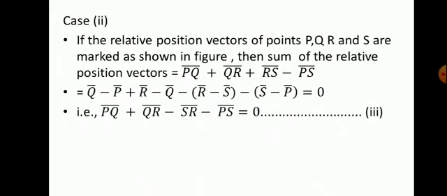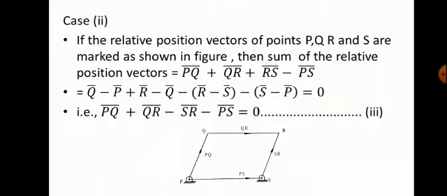Now the same equation I changed here by substituting these values. This can be changed to PQ plus QR minus SR minus PS equal to 0. Now you see the direction: PQ is positive, QR is positive, RS earlier was positive, now it is minus, therefore the direction is changed to SR, as you can see in the figure. And PS was minus earlier, and now also minus.